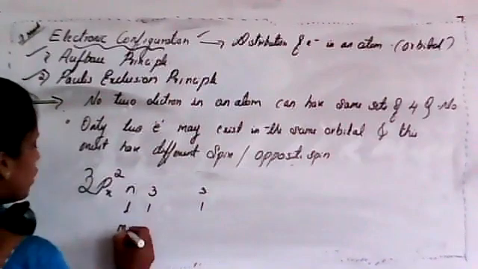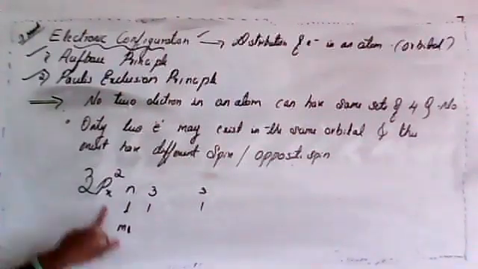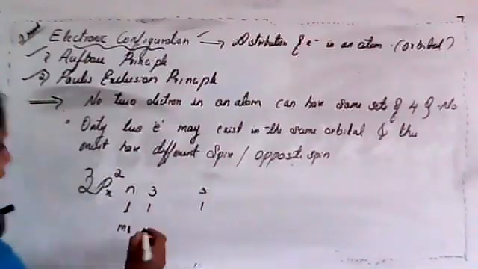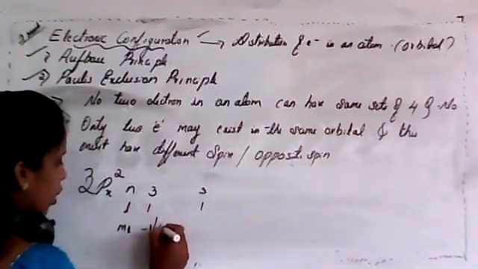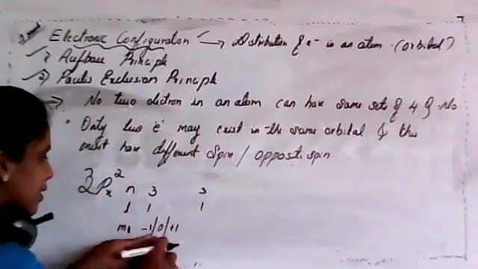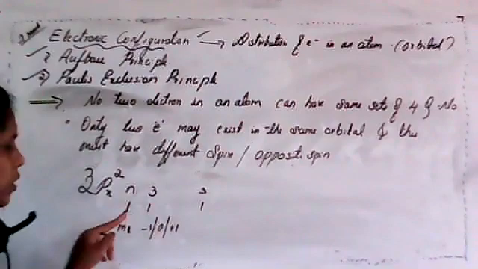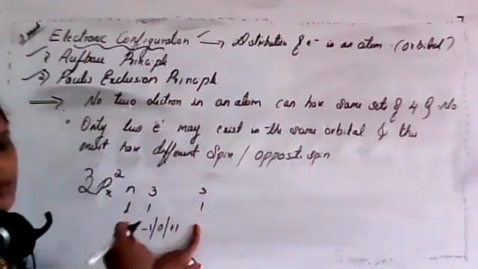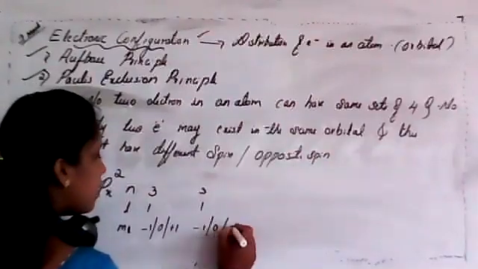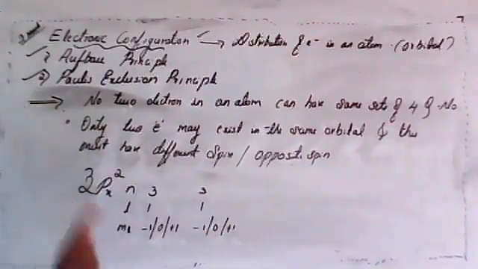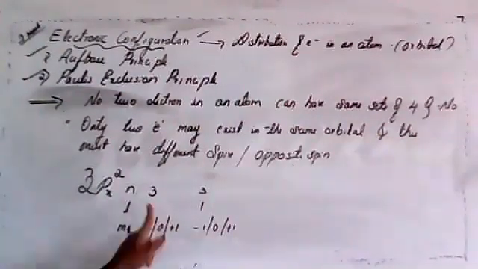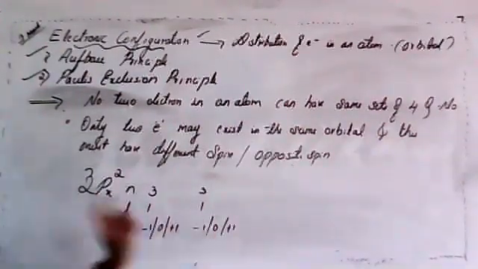Now about ml. We already mentioned this belongs to px. That may be -1 or 0 or +1. Clear? If it is 0 for one, it is also 0 for the other. If it is -1, it is also -1. If it is +1, then also +1. It may be anything, but it is equal to each other. If you are considering -1 here, it is also -1; if you are considering 0, this is also 0.